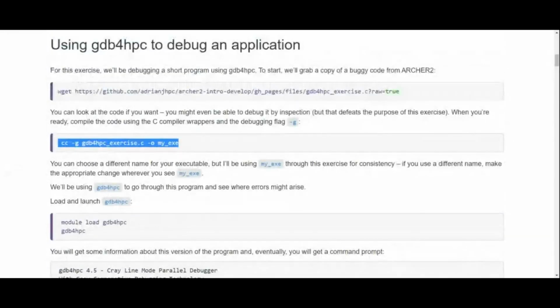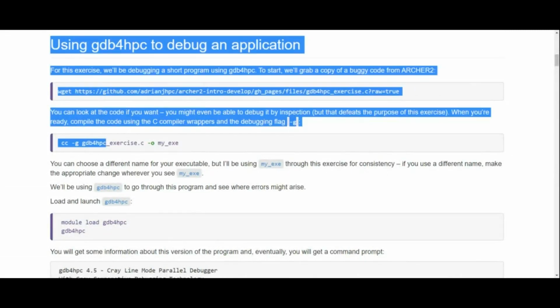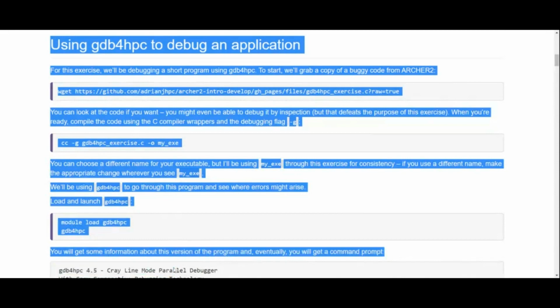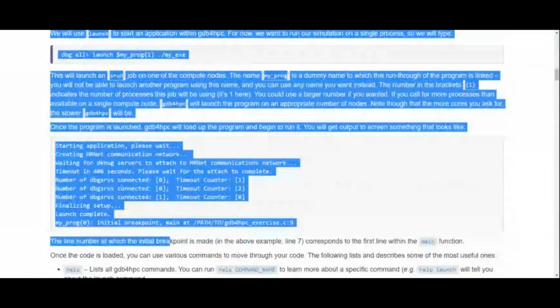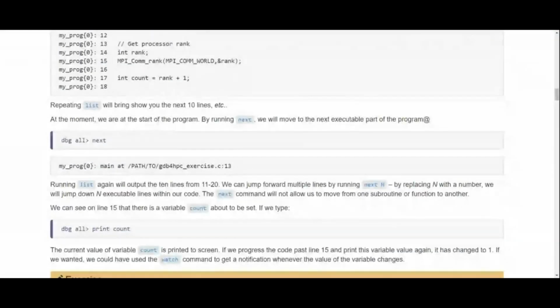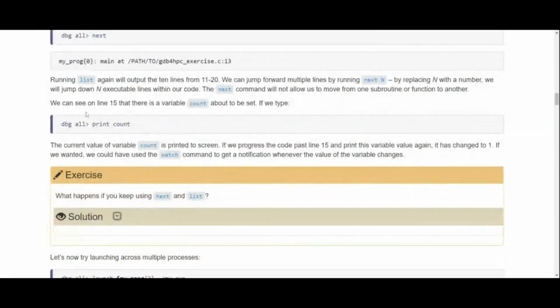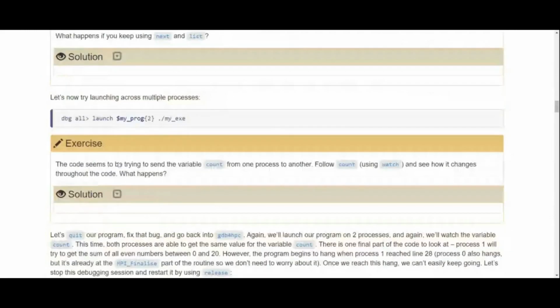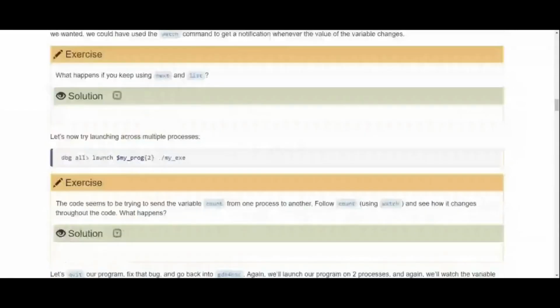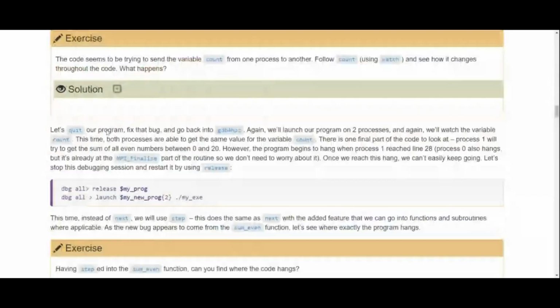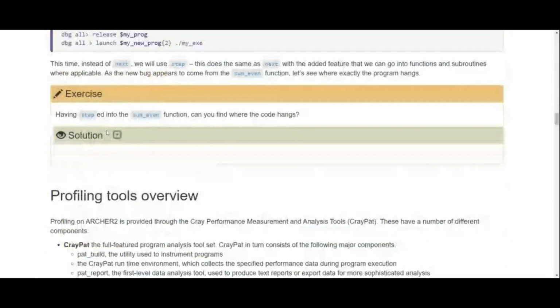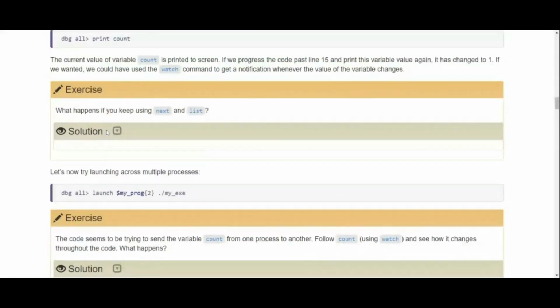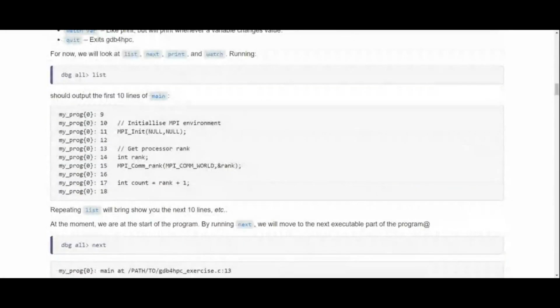Okay, so what would be nice is if you can take a couple of minutes and go through this, using GDB for HPC to debug the application step by step, and see if you can get this to work by having a look at the code and going through the program. Now we don't have to do all these solutions, it's just so you can see that the GDB for HPC debugger actually works. So spend the next 5-10 minutes doing that, then we'll come back and have a chat about it,